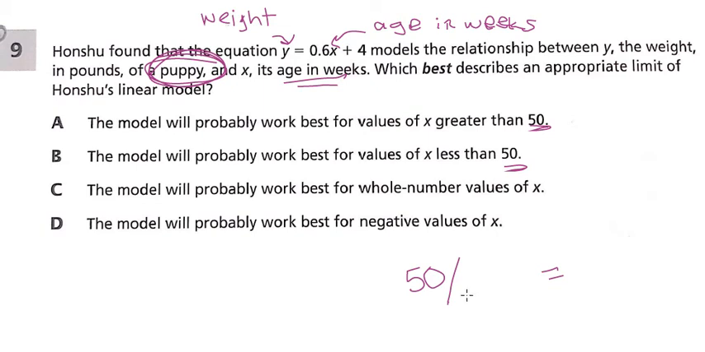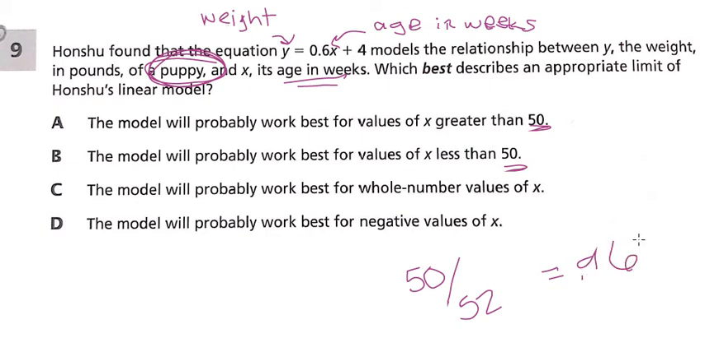How many weeks are in a year? 52. Definitely 52. So there are 52 weeks in a year. So in order to figure out how long this is, we're going to have to divide here. So I'm going to take that 50, I'm going to divide it by 52, and I get that this is